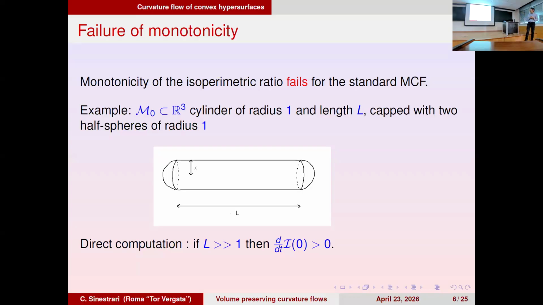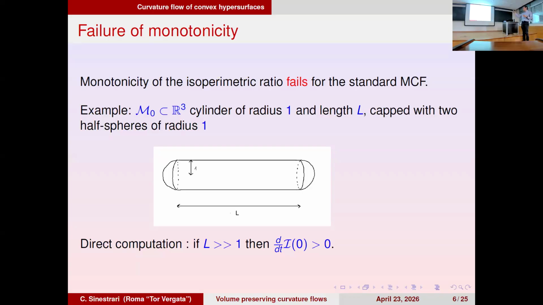The first time I thought about it, because we know that this eventually converges to something round, so the isoperimetric ratio will converge to its minimum value. So eventually this reverses the monotonicity, but